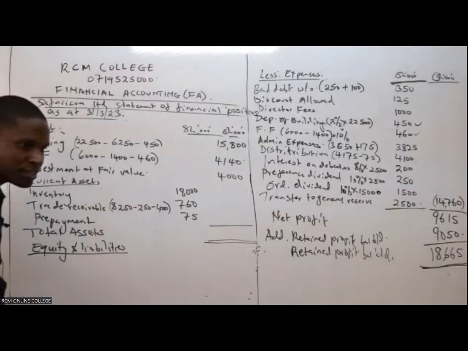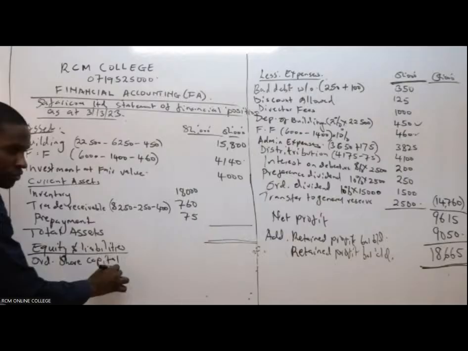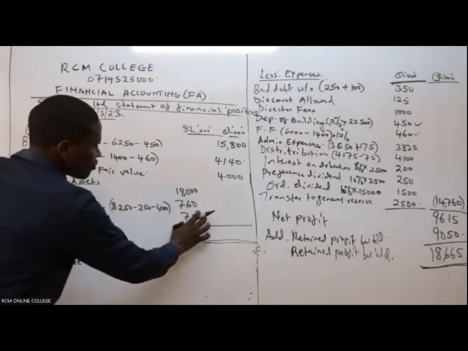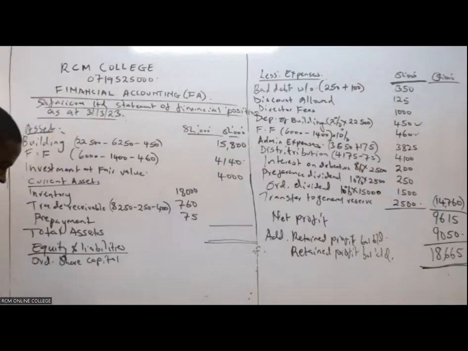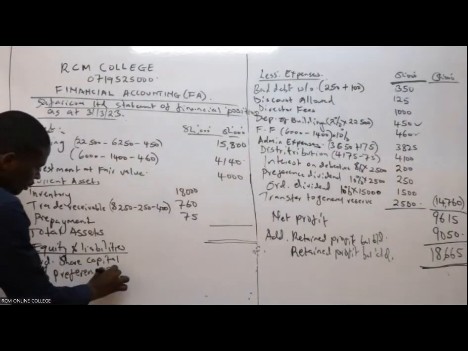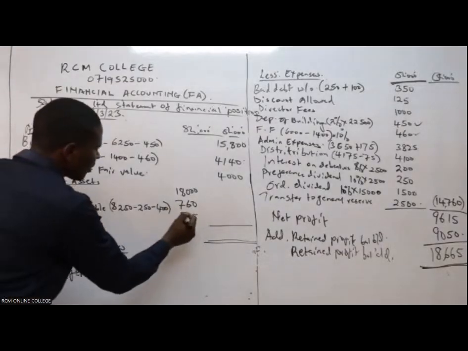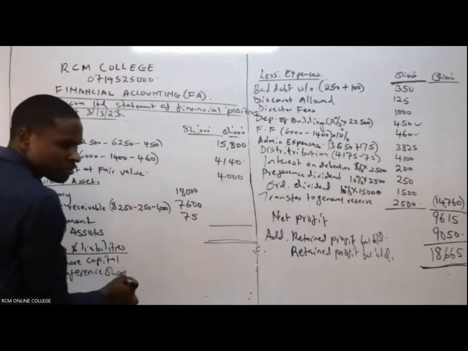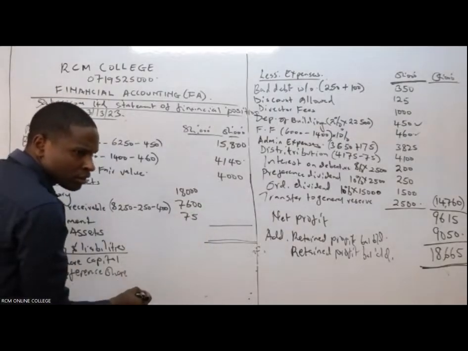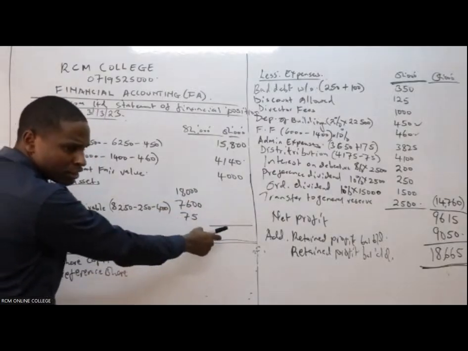Equity and liability is the next section, which has ordinary share capital. So you are giving me the total there. Put all these here so we get the total assets. 10% preference share, we take these directly. I have not yet got 39,175. This is 7,600. 39,175 should come in.